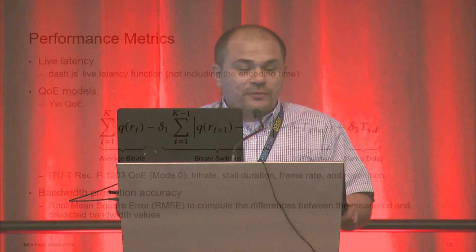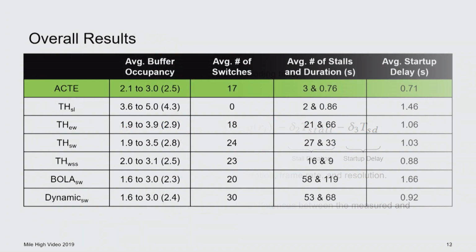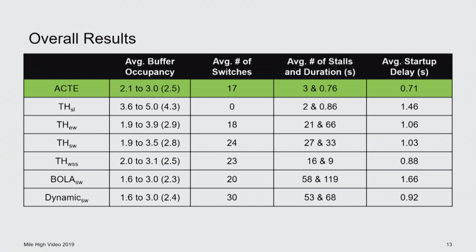We use a couple of different QoE metrics, which are not really ours. We just borrowed them from some other people and some ITU standards. And then the last slide I want to show you is just a quick comparison against all these methods. We have ours at the top and then a bunch of other throughput-based bandwidth measurement algorithms. There is BOLA, dynamic, and some of them are sliding windows, some of them are moving averages with exponential coefficients.